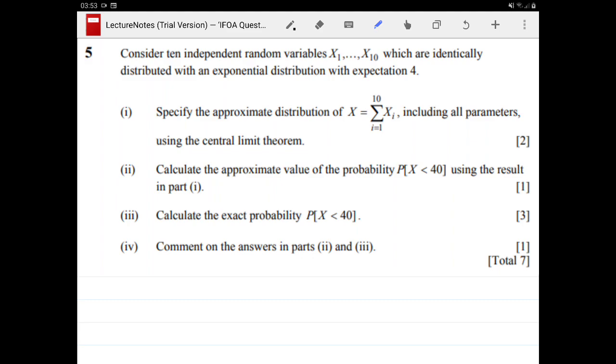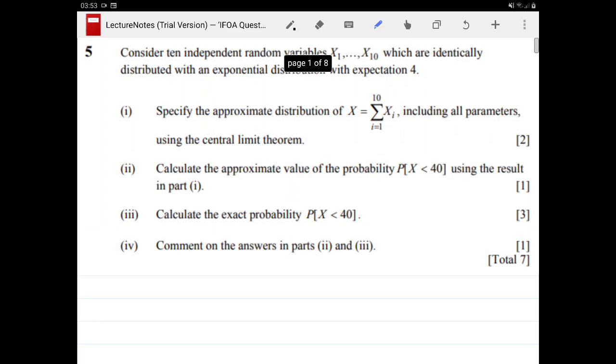Okay, I'm assuming you have attempted the question. Now, as always, before you start answering the questions, it's good to define some notation or just put down the information that you know about the question. So we know that our Xi's, X1 all the way through to X10,